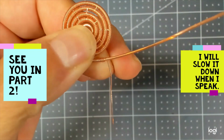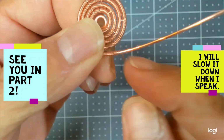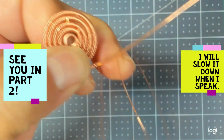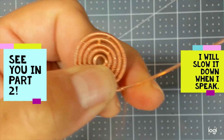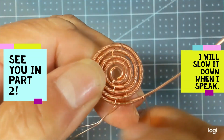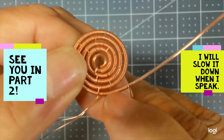And you can slow the video down using your little controls down here in the right hand corner, your video controls. So you can slow it down if you want to. I won't speed it up too much, but I'll go about 4 times. And what I'm going to do is probably work 2 more times around this wheel and then slow it down for the last one to give us 7